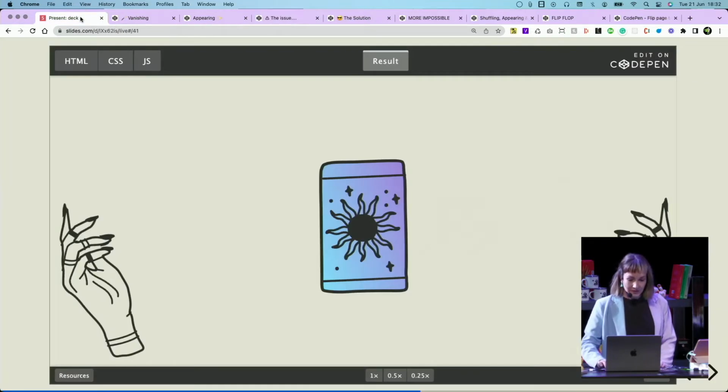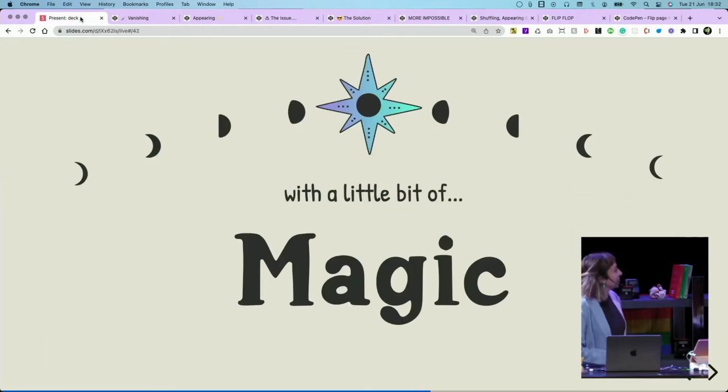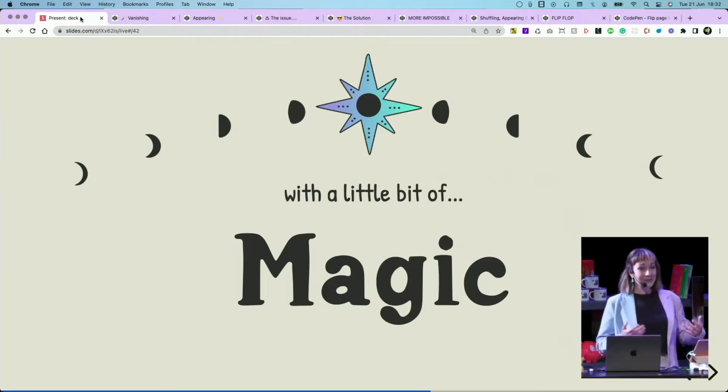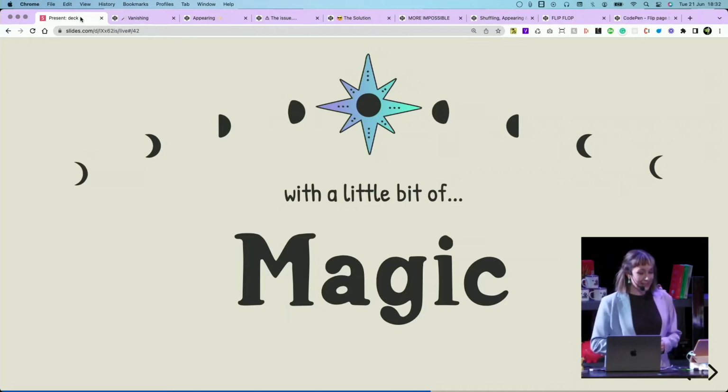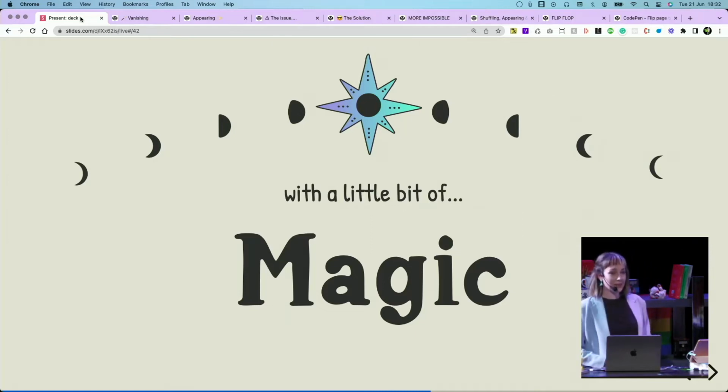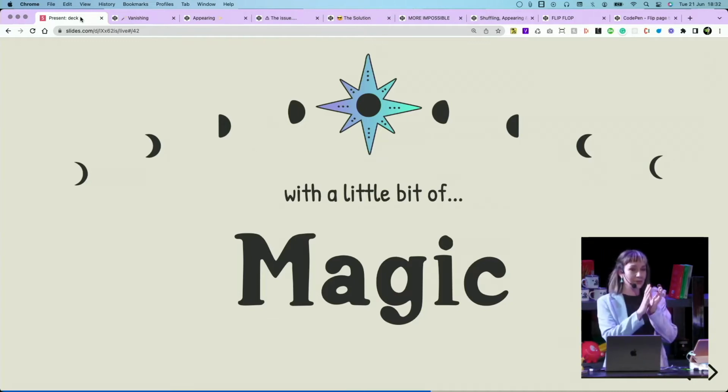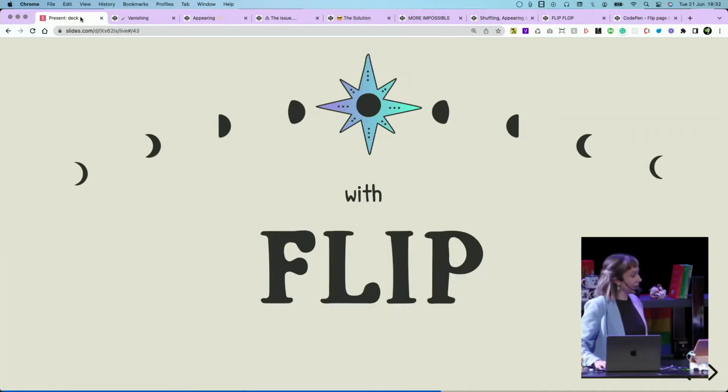So how do we animate impossible challenges like this? Well, with an animation technique that's a little bit of magic. It's a little bit like browser sleight of hand. What we have to do is make it appear to the user that the element hasn't moved when we've actually moved it to a completely new place and then put it back again. And we're going to do this browser magic trick with Flip.